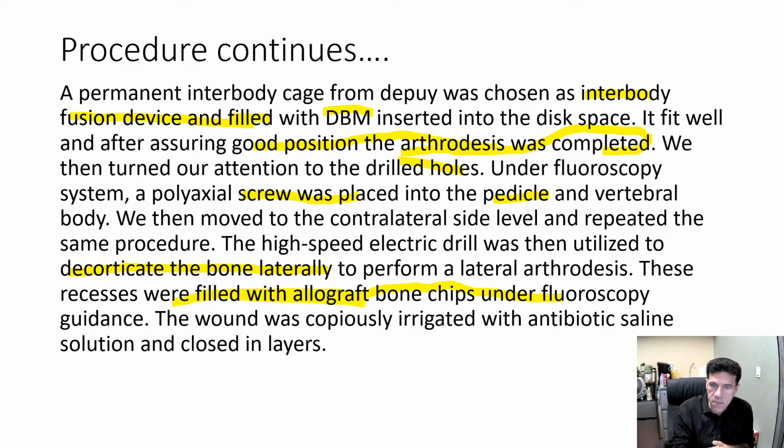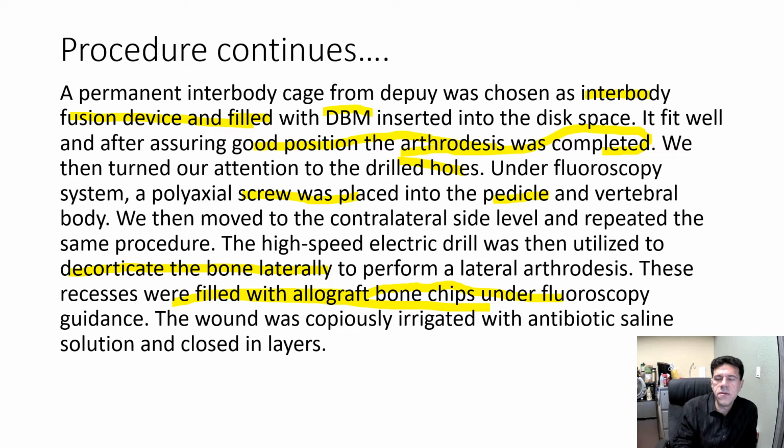We stop here for a moment. This is a posterior arthrodesis, right? Lateral arthrodesis, lateral fusion with allograft. Remember, allograft, non-autologous tissue. It's the bone graft that is taken from the bank, right? So they used it posteriorly, right? Then the allograft bone chips were on the fluoro, everything went okay, the wound was closed, they used antibiotic, and